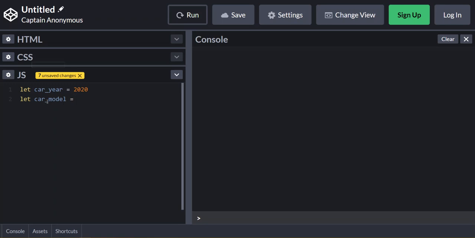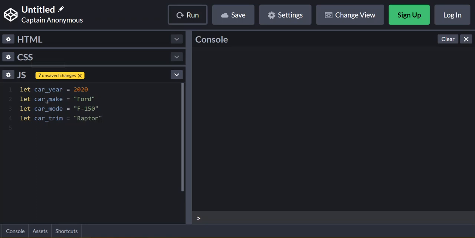So our car model, or make, right? Our car make is going to be a Ford. And notice I'm not using semicolons. In newer JavaScript, you don't really need the semicolons. You can use it, it won't break it. If you're used to it, feel free to. And our model is going to be an F-150, right? And our trim is going to be our Raptor,